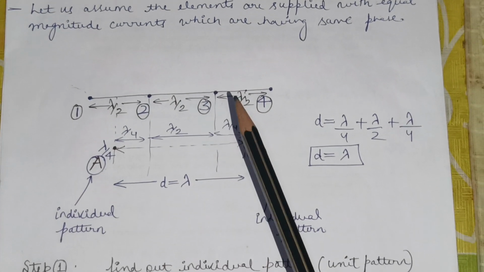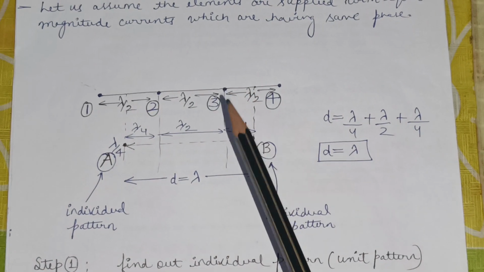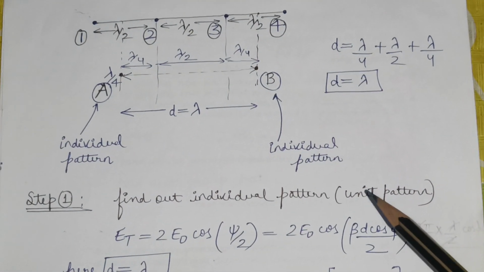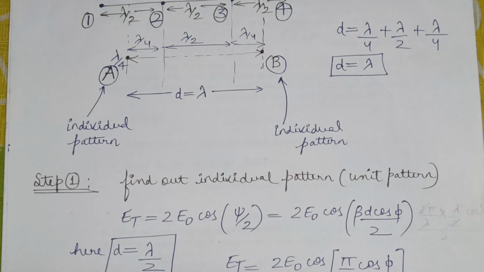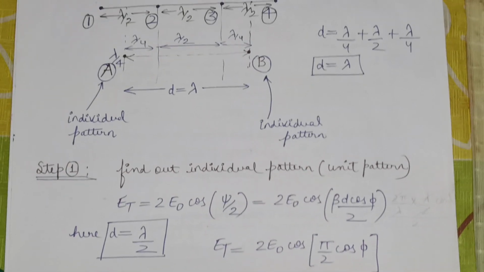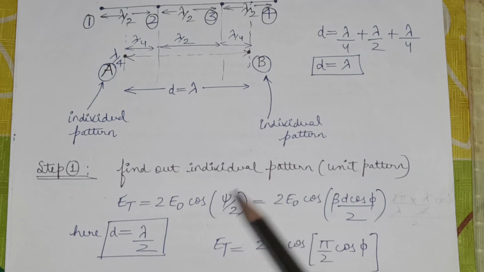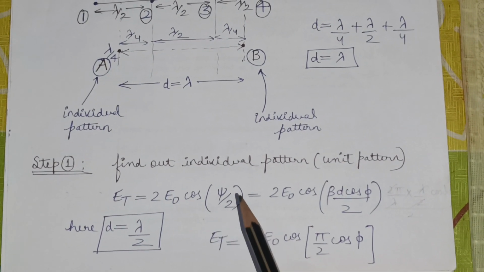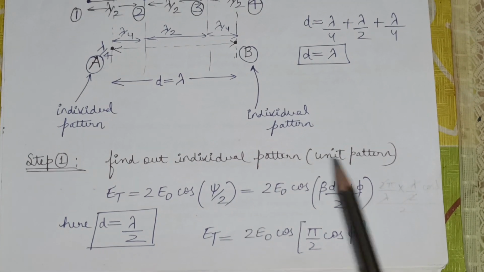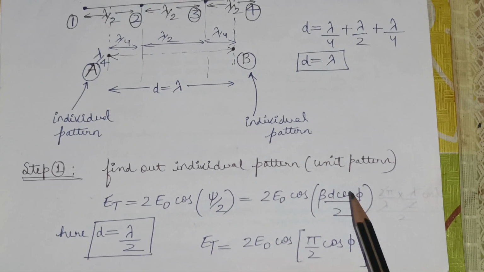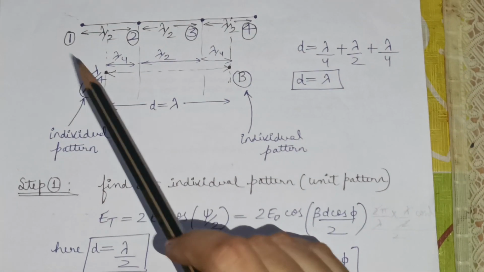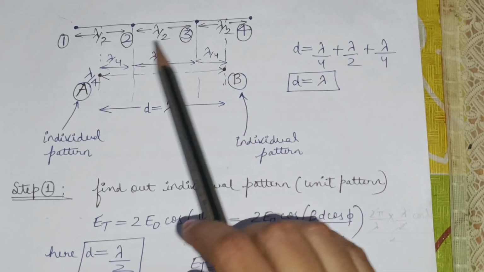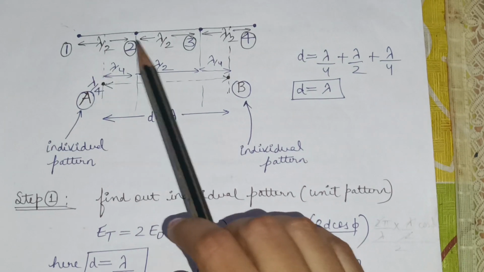So what are the steps to actually synthesize the pattern? First step is to find the individual pattern, or you can say unit pattern. For the unit pattern, you know the total electric field formula is 2 E naught cos psi by 2. We know that psi is equal to beta d cos phi. Here we want to calculate the individual pattern of the points because we have created a group pattern, meaning the